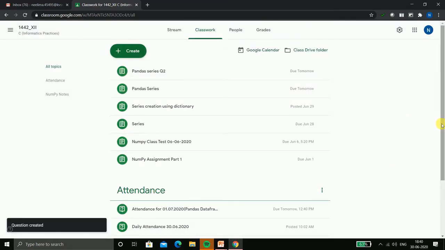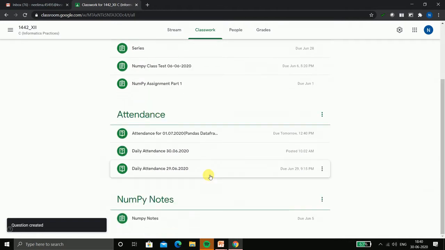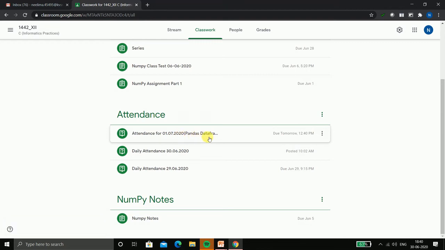And here you can see attendance for 1st July 2020 and the topic that I mentioned, and this is the attendance for 2 days which I have already taken. For example, I am clicking on the attendance of 29th June.